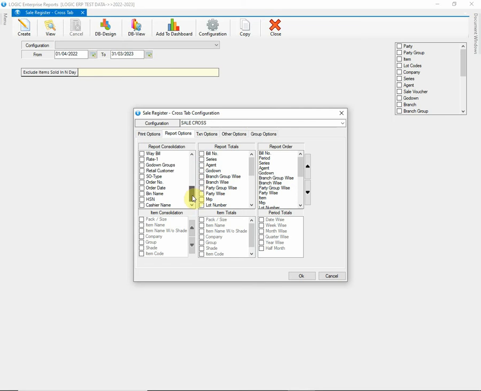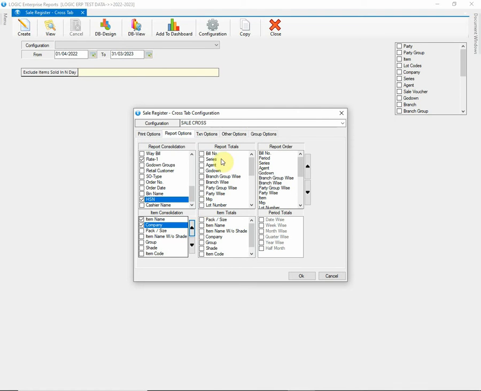First section is Report Consolidation, that will allow you to consolidate the report as per the columns you are going to tick. You can tick as many as you want as per requirements from the list. For a basic sale report, we will tick the options that are commonly used such as bill number, party-wise, item name, rate, HSN, etc. As soon as you tick the item option, the item consolidation section right under the report consolidation will be enabled. Tick the options you need in the report. You can use arrow keys for rearranging the order. There is a significance of these arrow keys that you will get to know in some time.